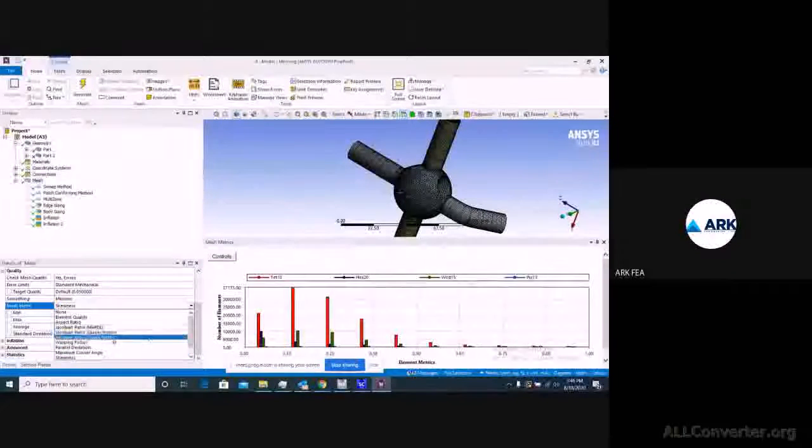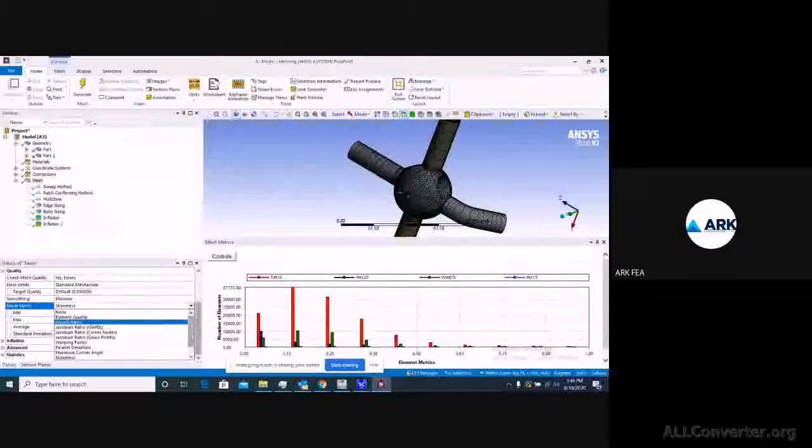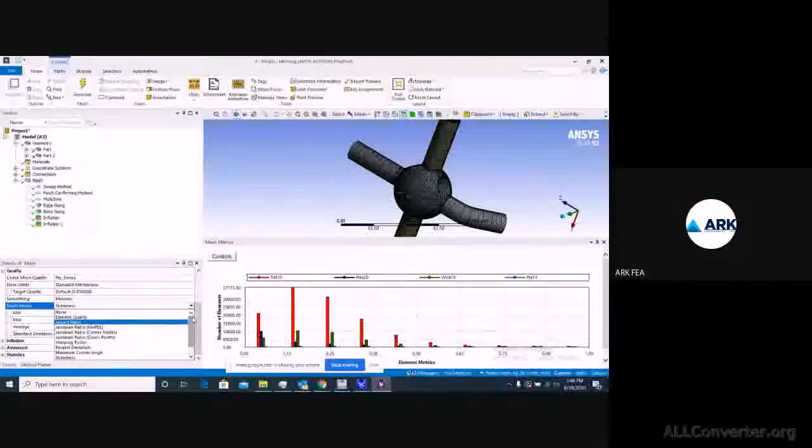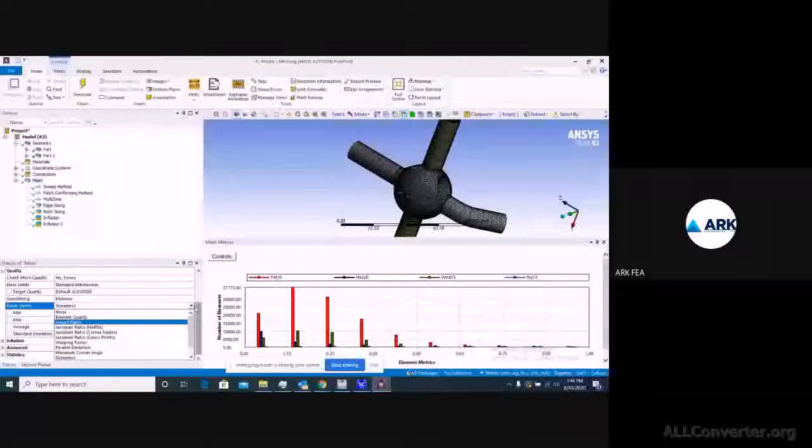Depending on what kind of qualities you are checking, you can check the relative criteria, and you can always explore ANSYS help for any sort of detailing of the tool you require, or how this works. So I think this is sufficient for a day.